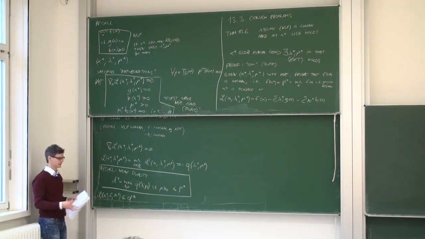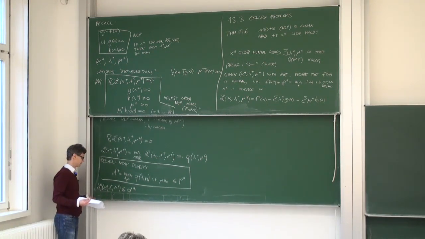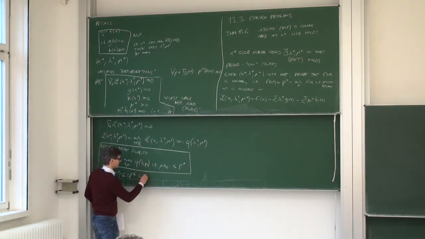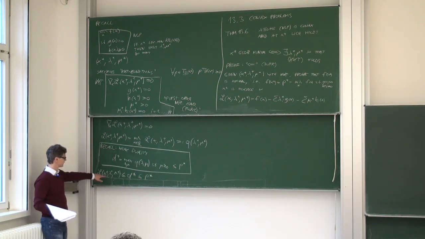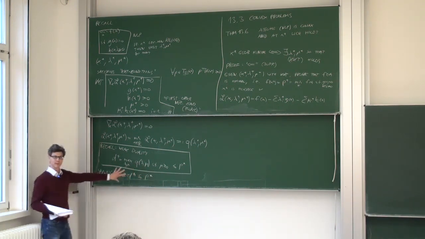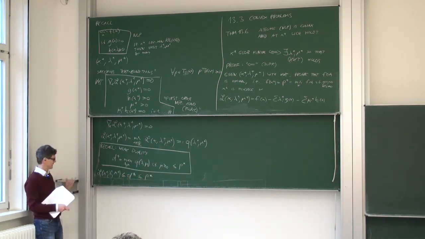So we have already this inequality, and then of course we also have the inequality that it's smaller than p star. So we know already that the Lagrangian function evaluated at x star, lambda star, mu star is smaller than the optimal value. That's a good thing because we want to be small. Now